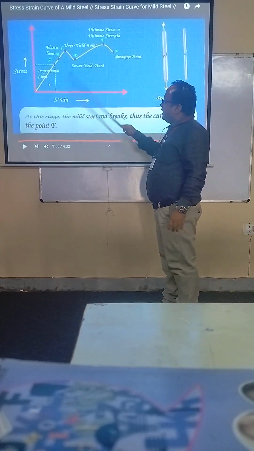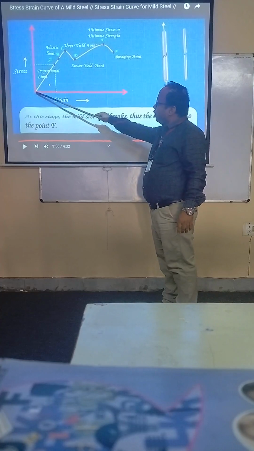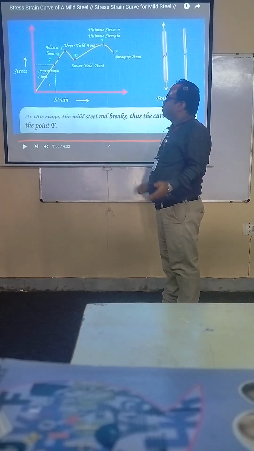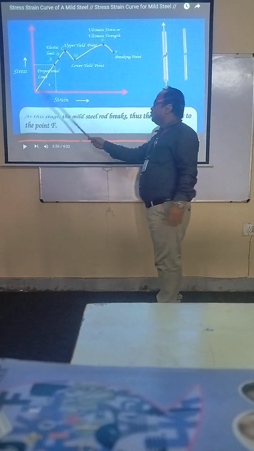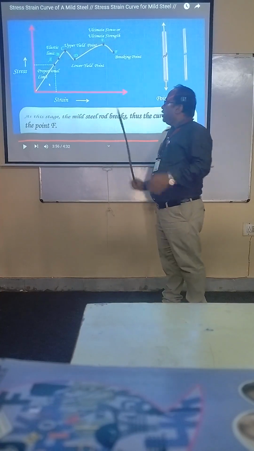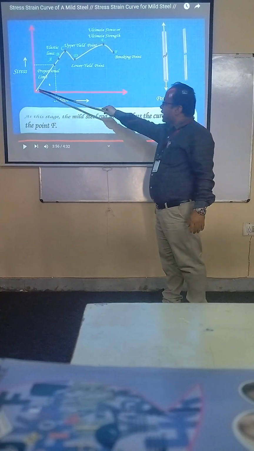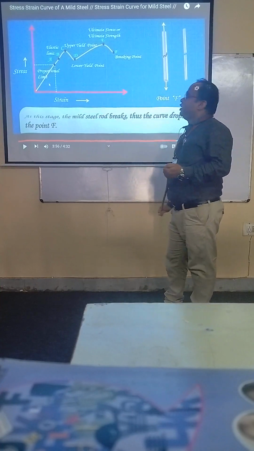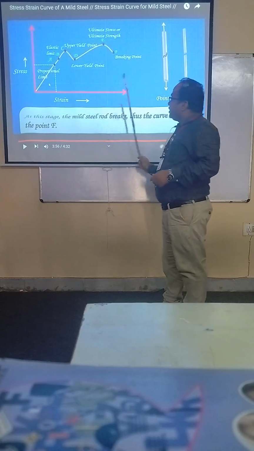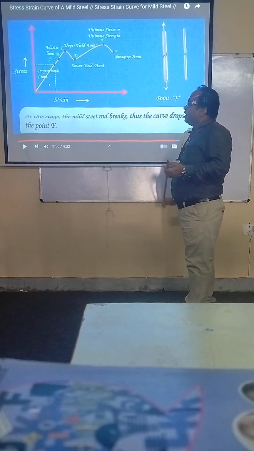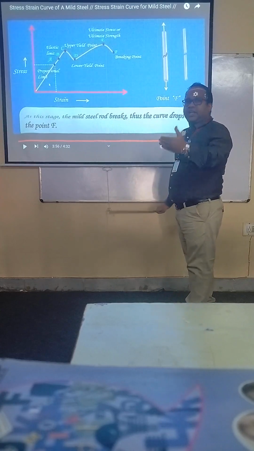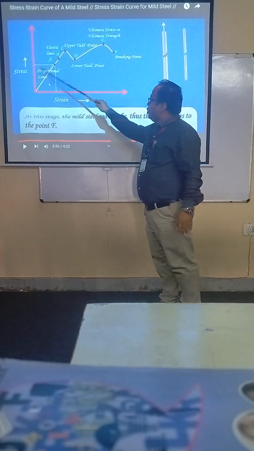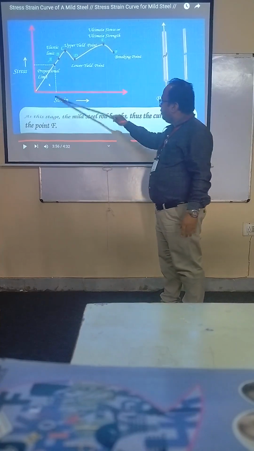Whenever the load is increased, this point shows point 2. Initially, when the load is 0, there is no stress and no strain. Whenever the load increases, this diagram will be formed. O to A, A suggests the proportional limit. Proportional limit means stress is directly proportional to strain. Whenever the amount of stress is increased, the strain is also increased. So O to A shows the proportional limit.